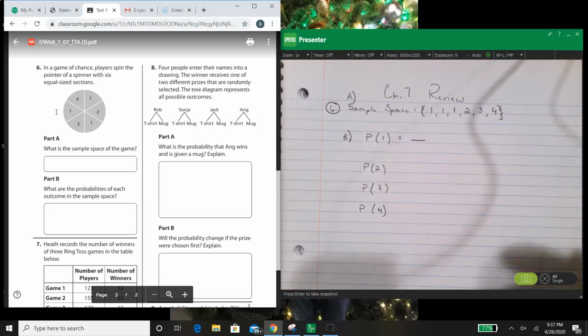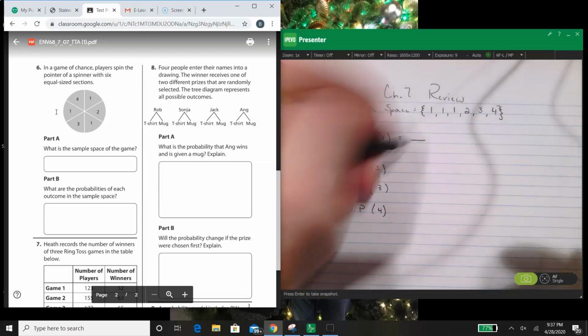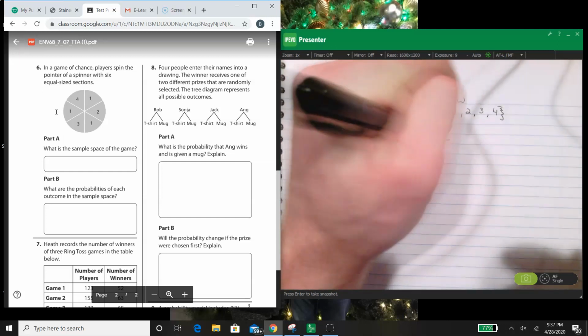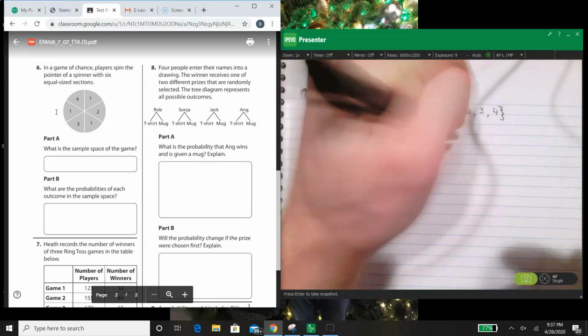So my total goes on the bottom. What is my total here? Well, my total is 6. You could land on any of these 6 sections. How many ones do I have? We'll go through and count them. You have 3 ones. So my fraction is 3/6. You can simplify that down to 1/2. Turn it into a percent,